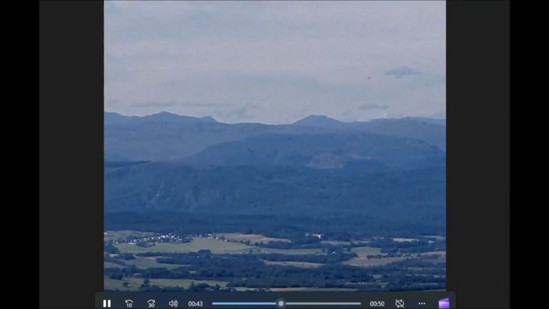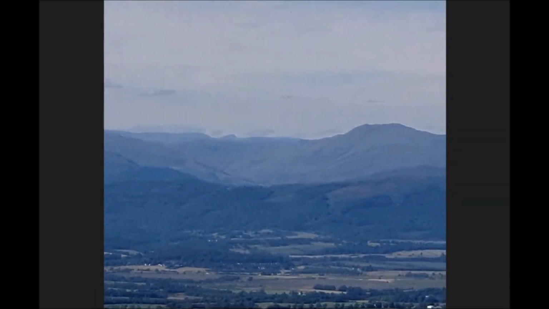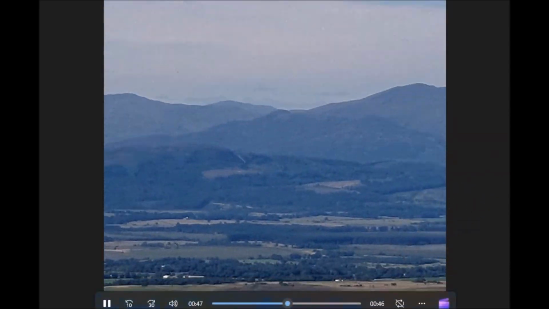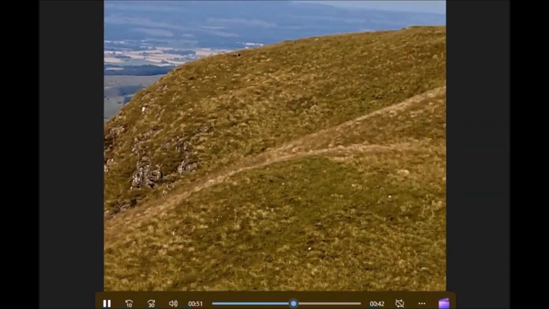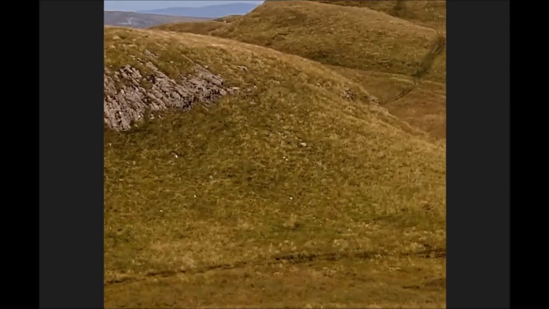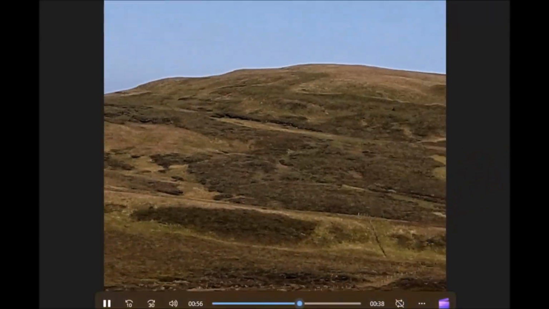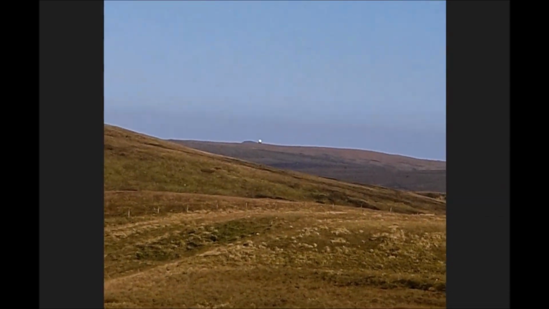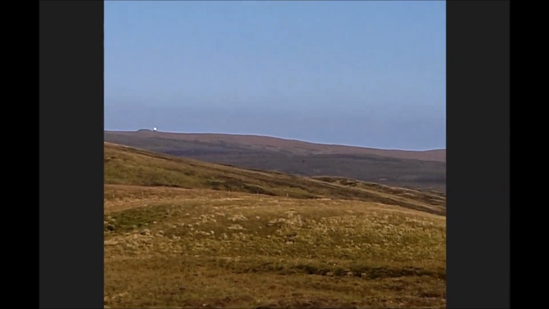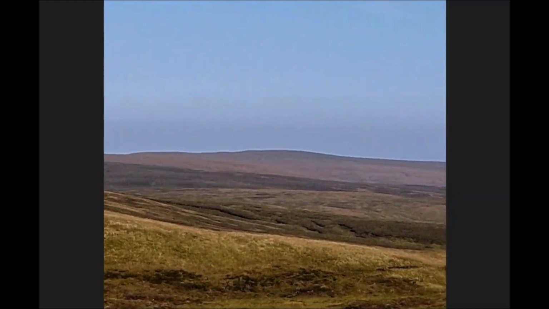I'm sorry, this is handheld, but you've got to do what you got. Right. And now I'm going to face the camera south. And you can see the pollution line that the clouds are sitting on.